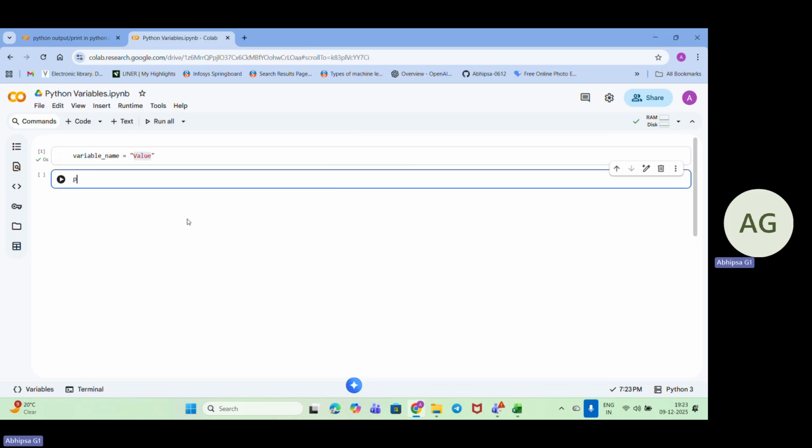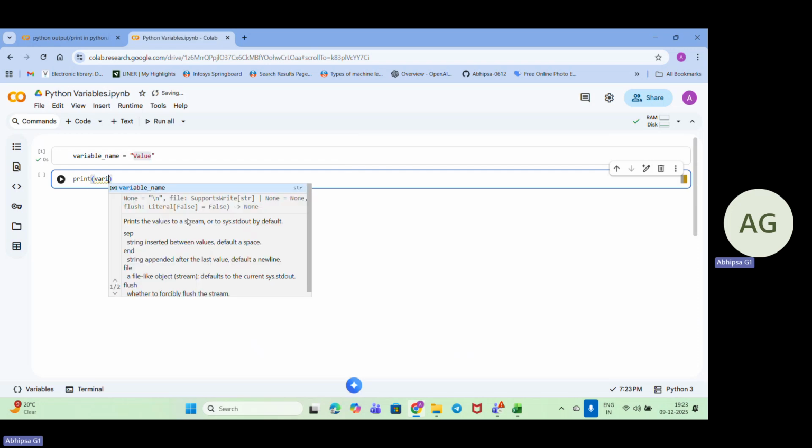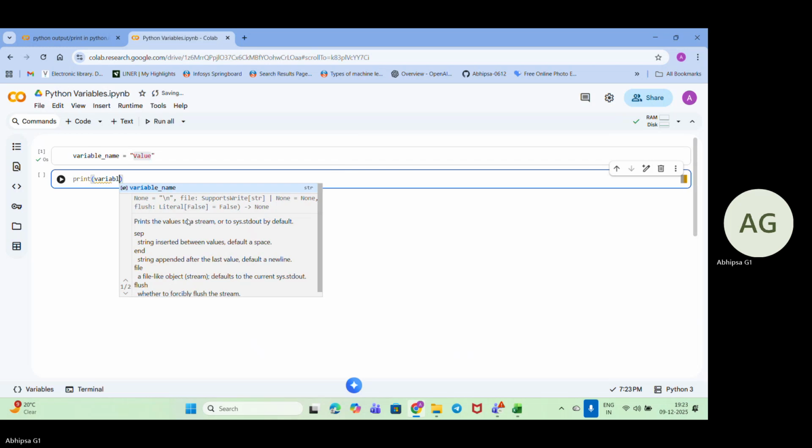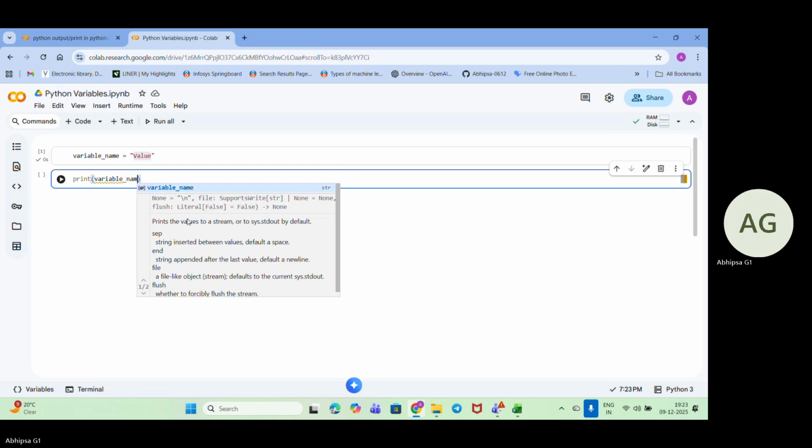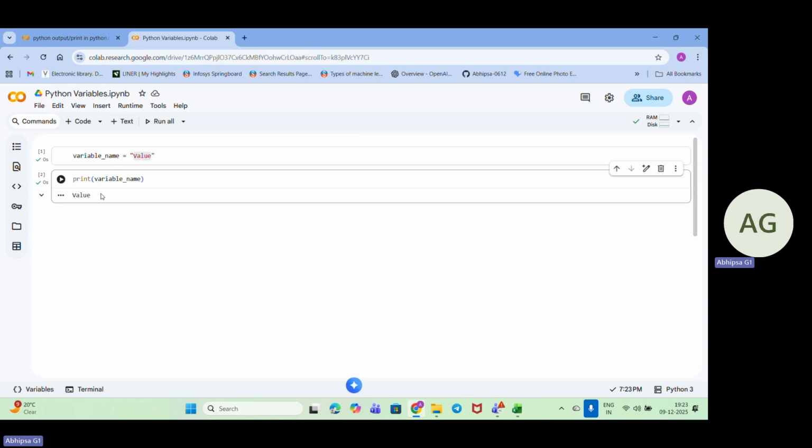Let's just print it and see how it is taking it. I'll use the variable name. So it is giving me the result as value.